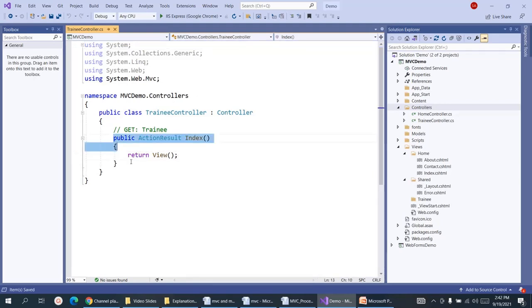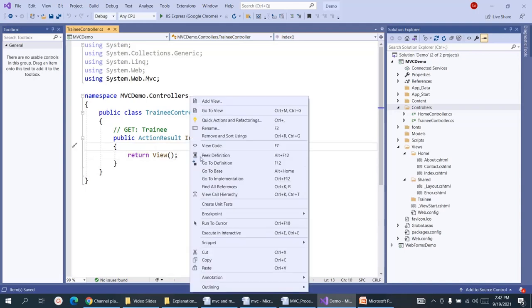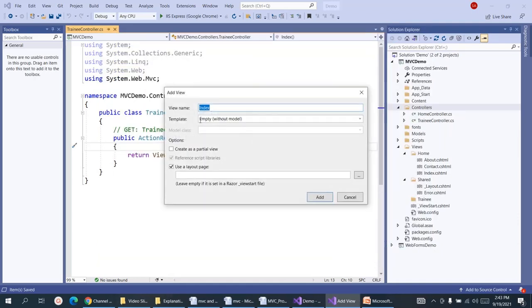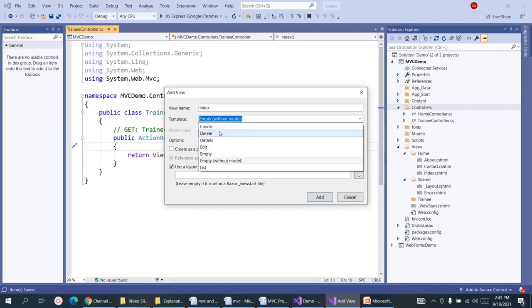This TraineeController contains the index action method. How do we add the view for this index action method? Right click here, choose Add View, MVC view, and choose Add. The template by default will be the empty template, but later we will learn how to use the create, delete, details and edit templates.